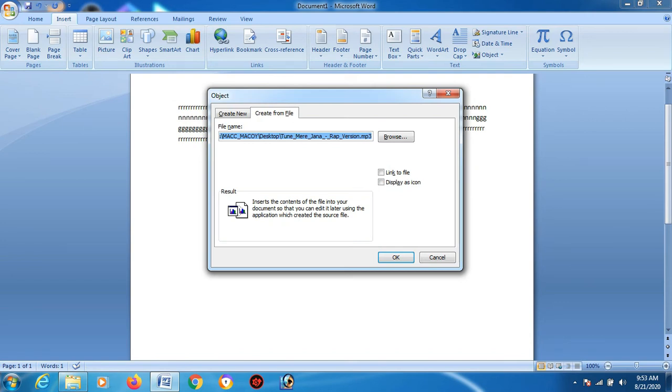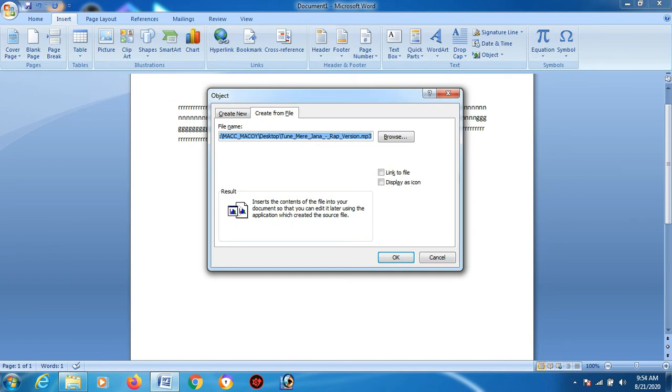Now there is another feature. Let's suppose you do not opt to insert the whole file onto your Word page, then what you can do is click upon Link to file. What it will do is link your mp3, your song or your recorded voice clip, with your MS Word page.